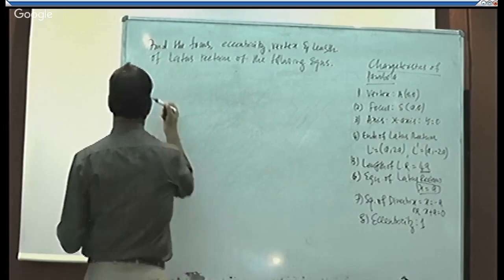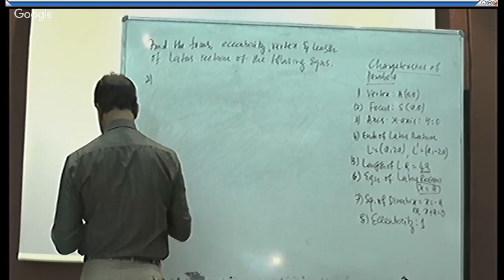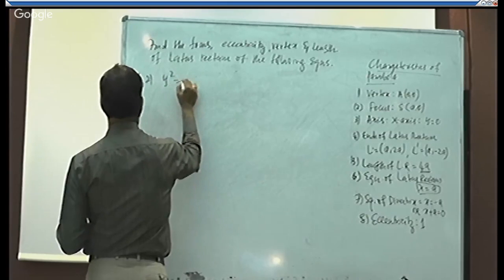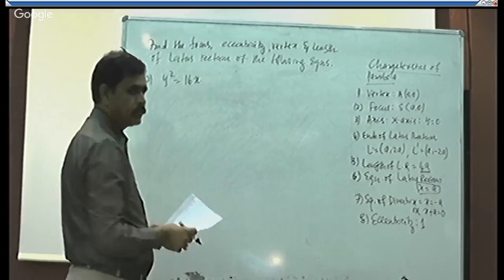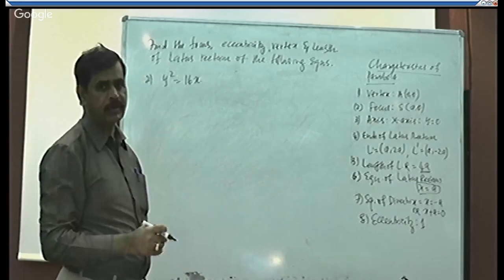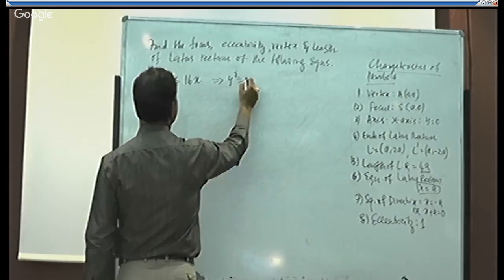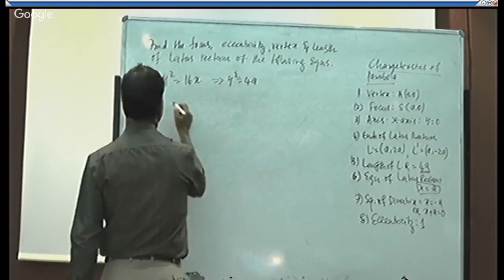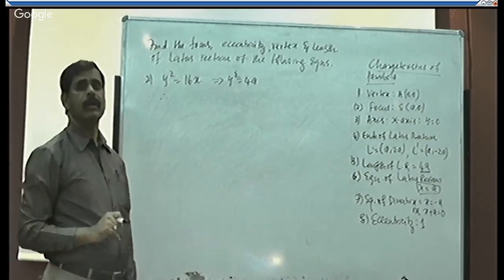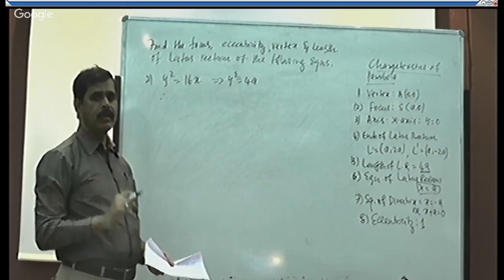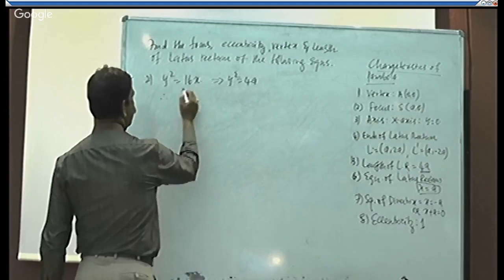Second one, y square is equal to 16x. This is compared with the standard one. What is the standard one? y square is equal to 4ax. Therefore, by comparing the standard equation of parabola and the given problem, we have